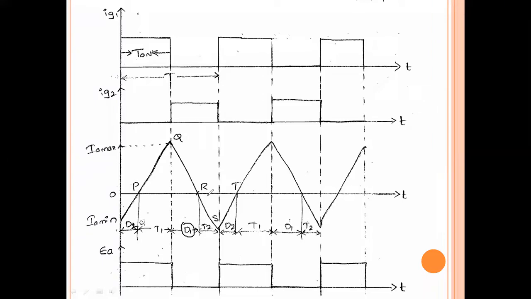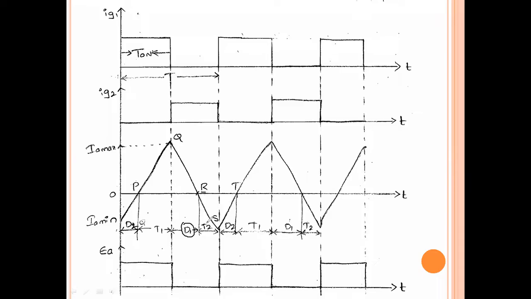So through diode D1, the current decreases until the second thyristor, the second switch, turns on. The second switch turns on at point R, because at point R the current must reverse. The current reverse means we are getting a negative magnitude of the current. That is the reason why you can see this waveform on the negative side. At point R, thyristor T2 is triggered, so the current is increasing linearly with the negative slope.